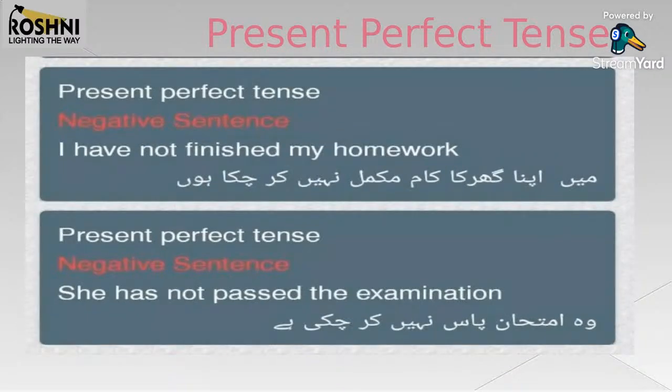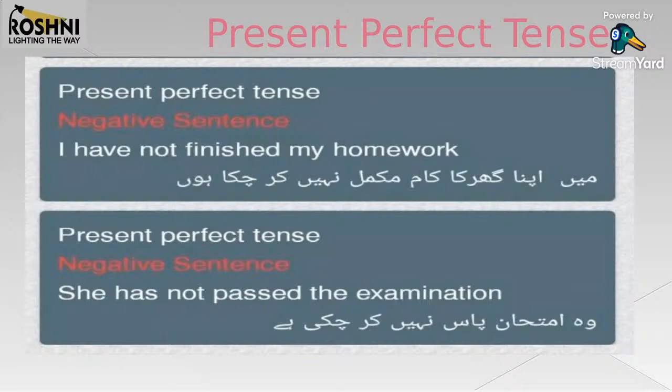Then the negative part. In the similar fashion as the other tenses, we have used नहीं कर चुका हूँ. Alright. So before the verb, you have to use this particular word नहीं. Actually यहाँ पे after the verb है. In the Urdu tenses, this is after the verb. Remember that in the present and present progressive, you have to use nahi before the verb. Okay. In Urdu part I'm talking about.